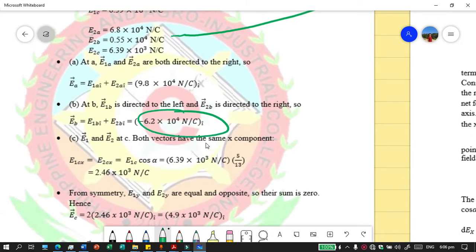negative 6.2 times 10 to the power of 4 Newton per coulomb. Tapos mayroong I hat tayo dito. That's to indicate that it's in vector form. Okay? So, sa letter C naman,